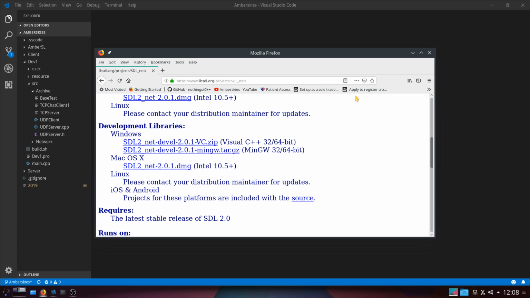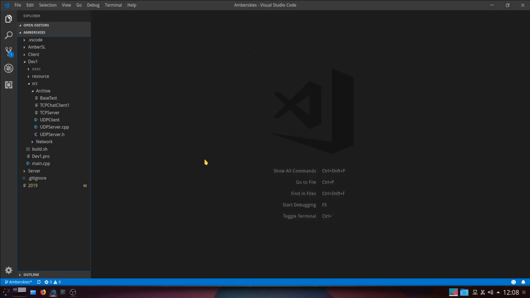SDL doesn't. SDL layers that as well. So you have an SDL key. I'll show you a standard SDL program, shall I? What it would look like. So as you can see, it's cross-platform. Let's put it that way.